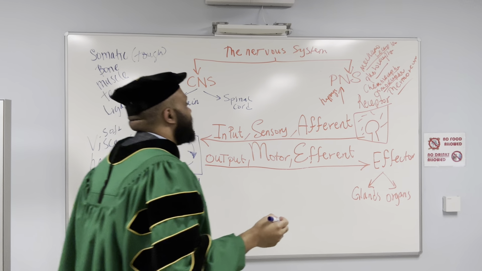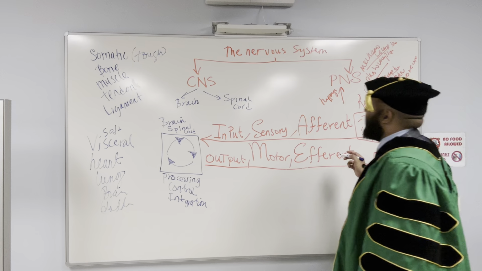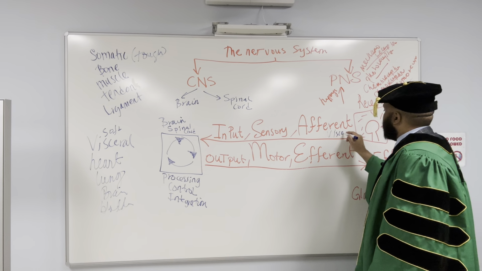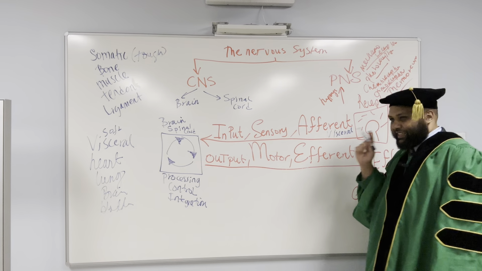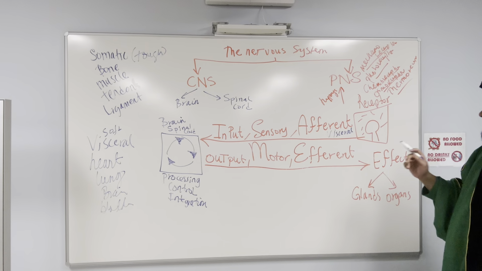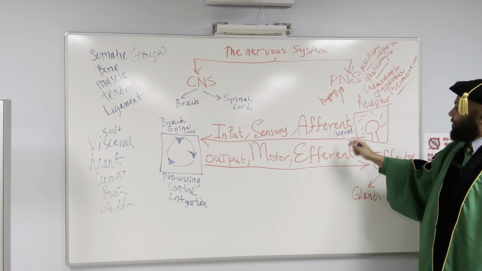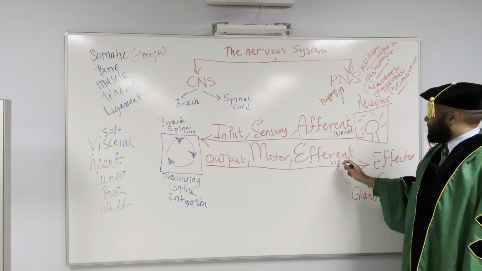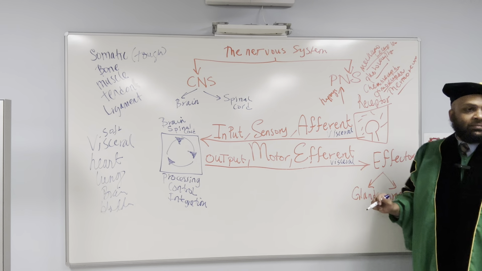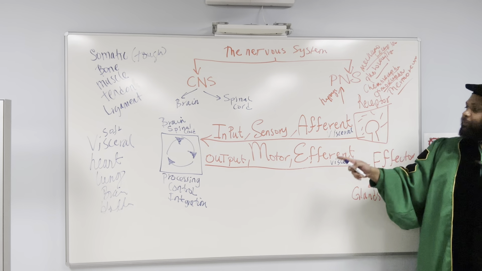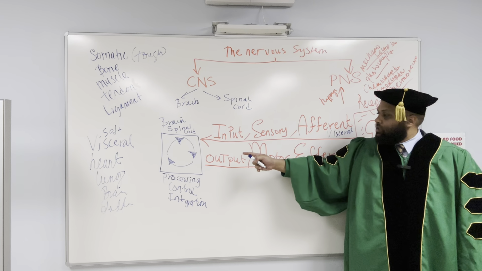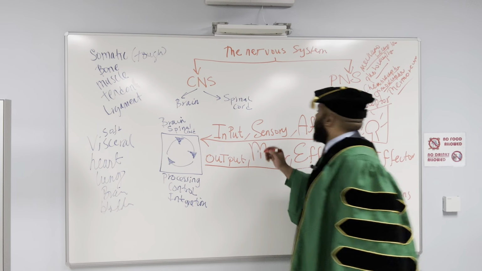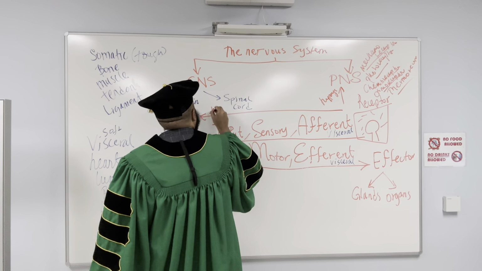So the fourth thing we need to add is that we have 4 lines: input, sensory, afferent, visceral. Listen. Don't run, don't jump. Input, sensory, afferent, visceral, and output, motor, efferent, visceral. That's the one system. So if you're sending an input, sensory, afferent, visceral information, the output is going to be to the visceral tissue.